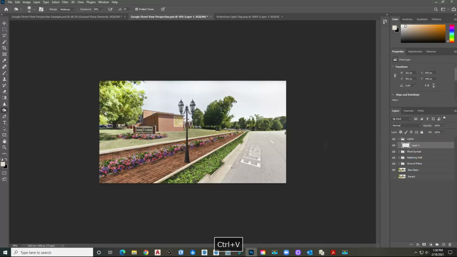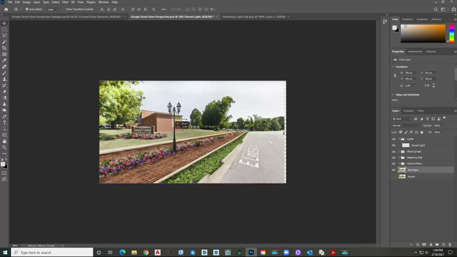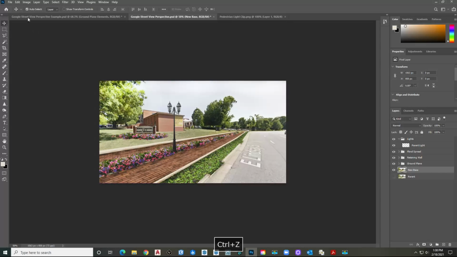And I'm just going to Control V and drop this in. And this is parent light. So the biggest one. And I don't know, maybe the other one was over there somewhere. I've forgotten already. I'm going to Control T this to make it a little smaller in scale, I think. It's probably somewhere. Whoop. See, I didn't move my